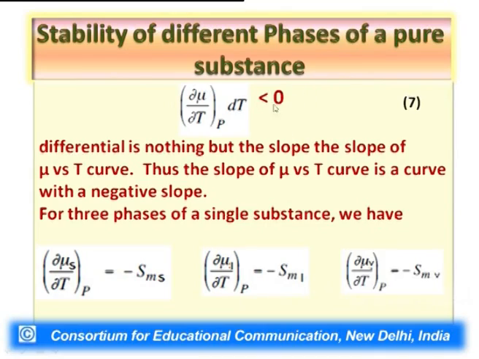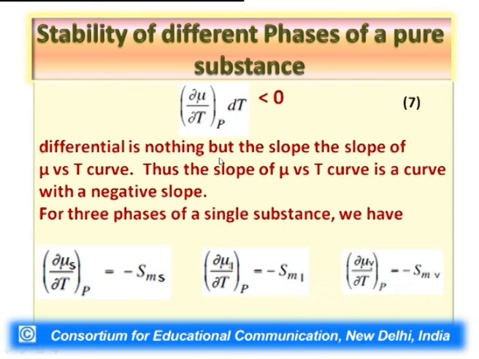So, minus Sm is a negative quantity. So, the right hand side is a negative quantity, and so would be the left hand side of our equation number 6. So, we can say del mu by del T at constant P would always be less than 0. Here also in equation 7 this dt should not be there. So, this equation should also be little corrected.